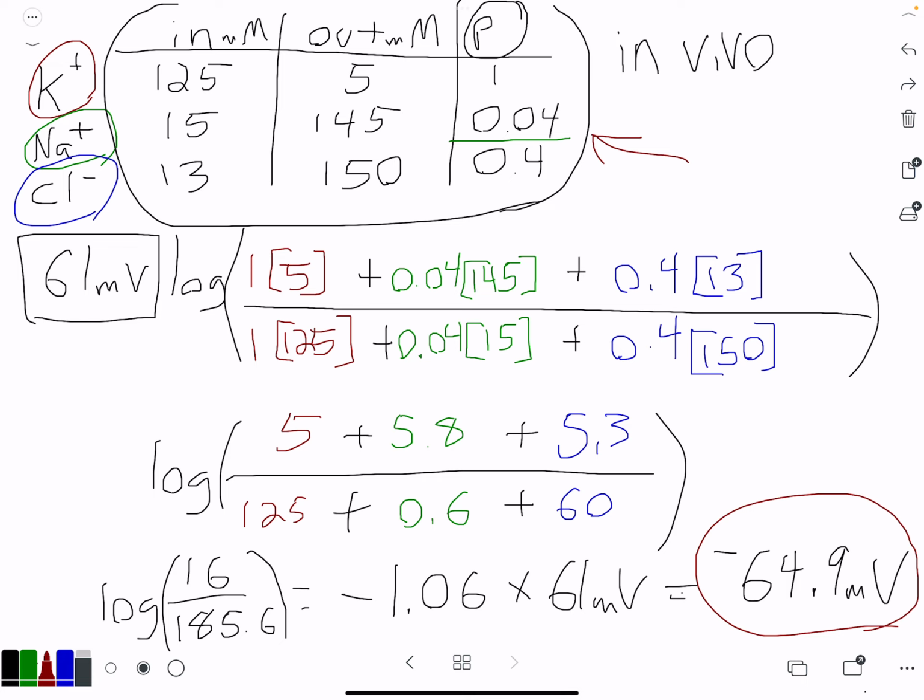So I hope this clarifies some things about the Nernst and Goldman equations. I hope these examples were useful. I hope it was maybe conceptually useful to take a look at where the 58 comes from, where the 61 comes from, those other constants, and how part of that constant comes from the transformation from the natural log to the log